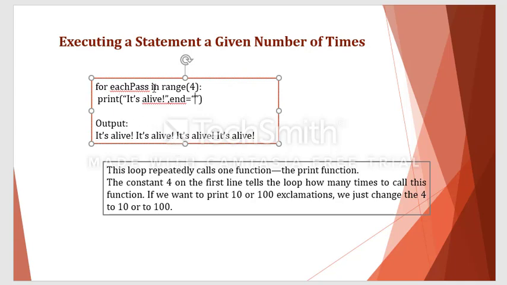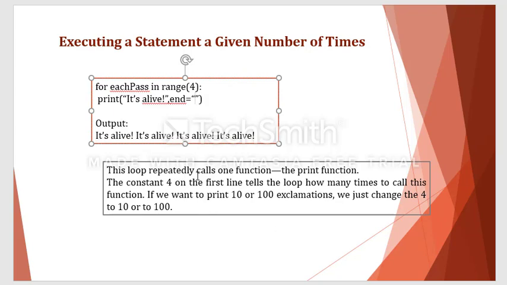So the meaning of this statement is, using a for loop, I want to print a statement as many number of times as I require. Especially here I am giving 4, in the sense I want to print this statement 4 times. So it is printed 4 times. It's alive. Then I am getting some space here, then again it's alive, then again it's alive, again it's alive. So 4 times the value is printed. So that's what the explanation has been given below in this particular box.